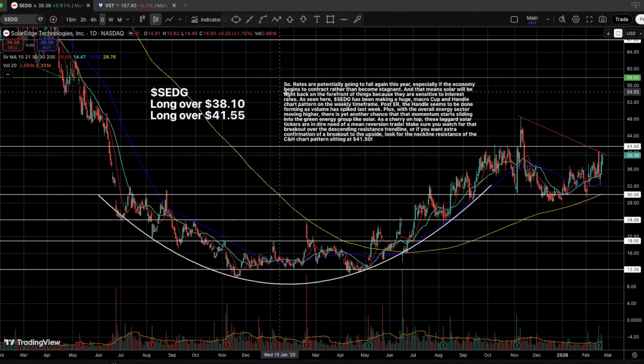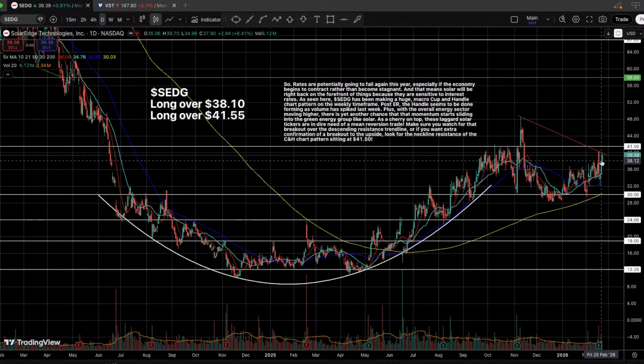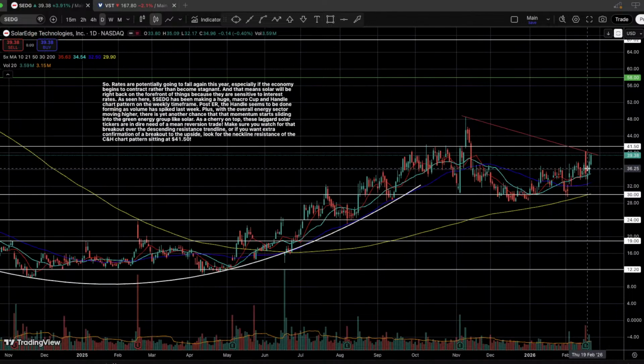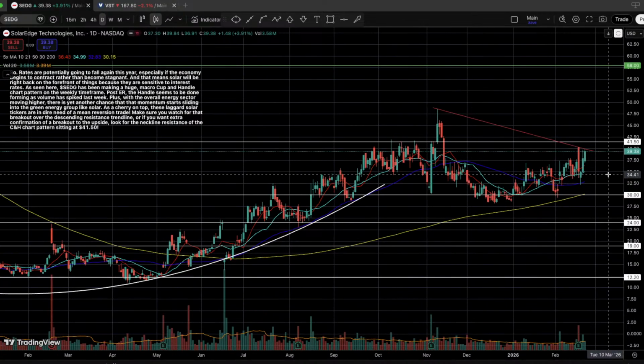As seen here, SEDG has been making a huge macro cup and handle chart pattern on the weekly time frame. So post earnings, the handle right here seems to be done forming as volume spiked last week. And obviously the reason it spiked is that there was earnings, and then eventually there was that post, quote unquote, late reaction to earnings. Because what I mean by that is that we had an initial big gap up jump on earnings, and sometimes